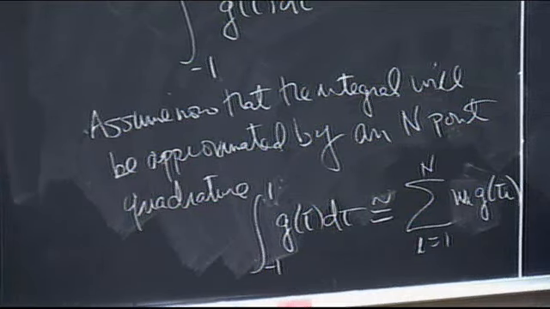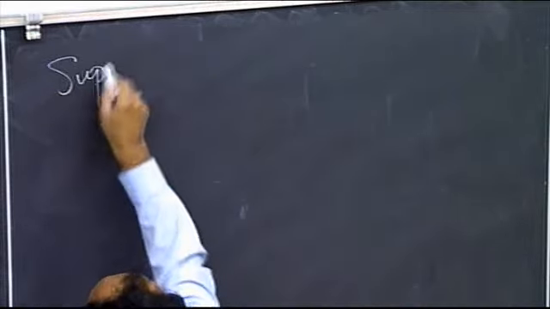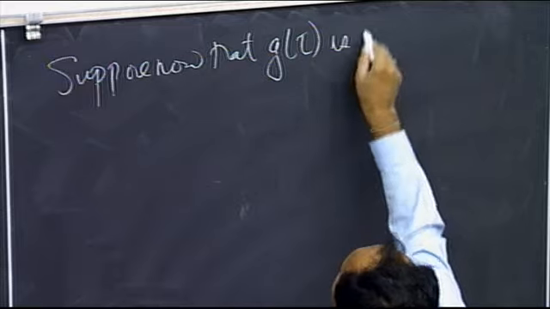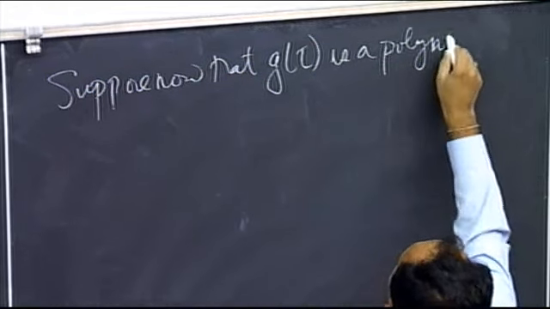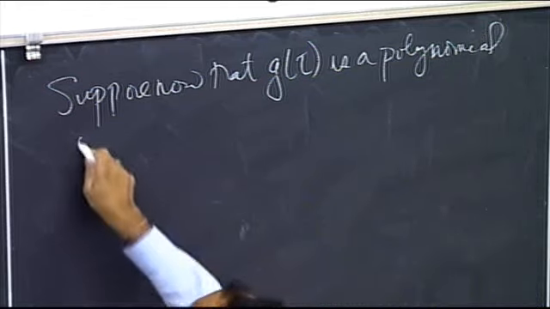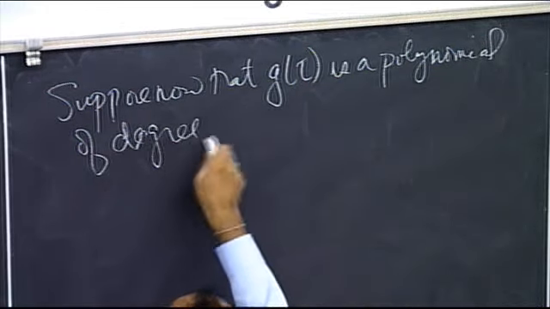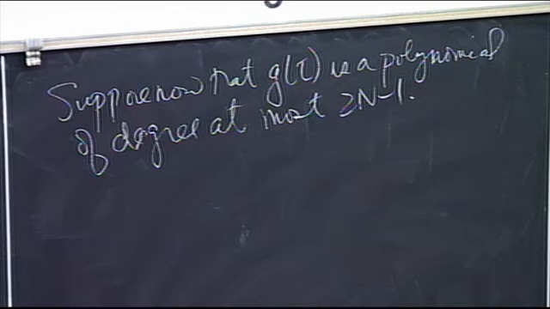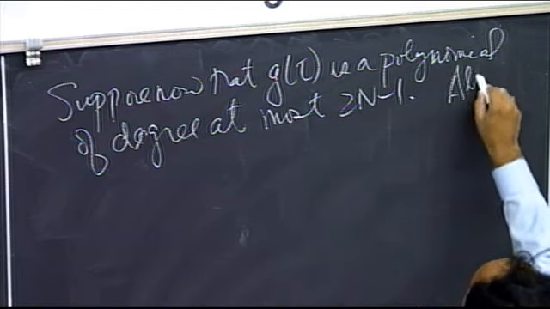So what we're going to show is as follows. This is why Gauss quadrature is so useful. Okay? Which is that we know that, suppose now that g of tau is a polynomial of degree at most 2n minus 1. Okay? So g of tau is a polynomial. It can be up to a polynomial of degree 2n minus 1. We know that, and further, let